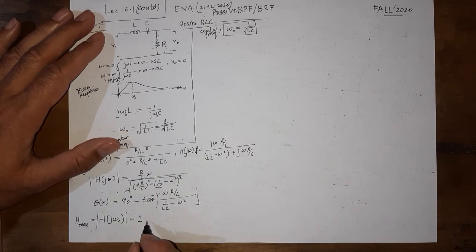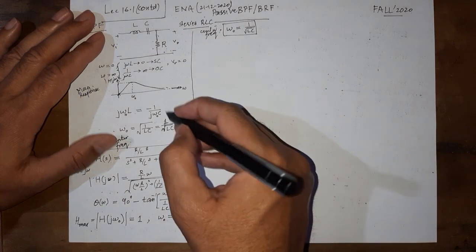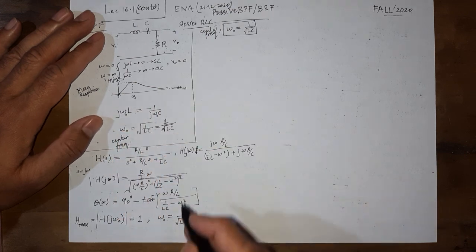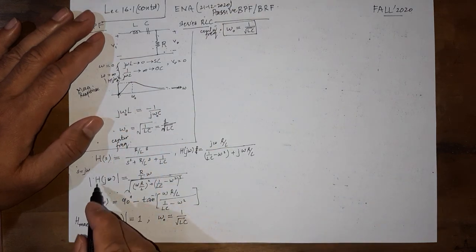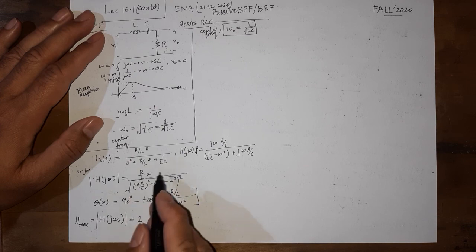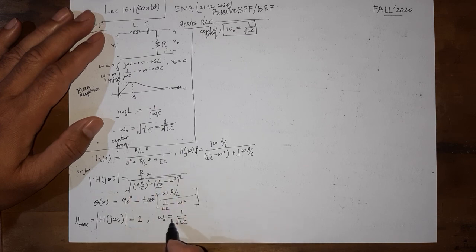And then you will see that using this definition, you will find omega naught to be equal to the same thing. Here we did it by using this argument, but with the expression, you can find the derivative and then put it equal to 0 to see that ultimately you are going to get this thing.